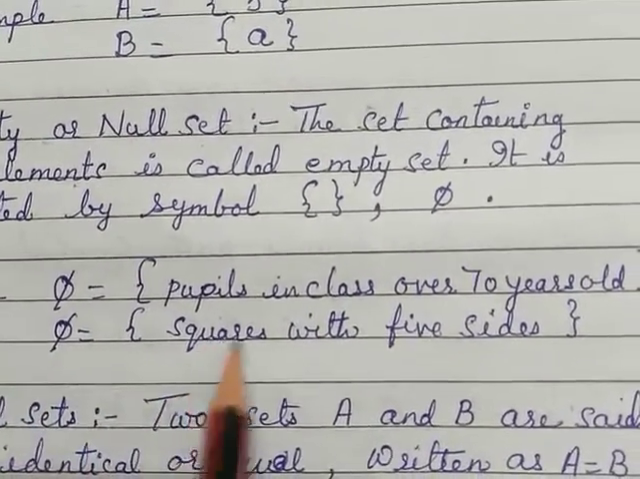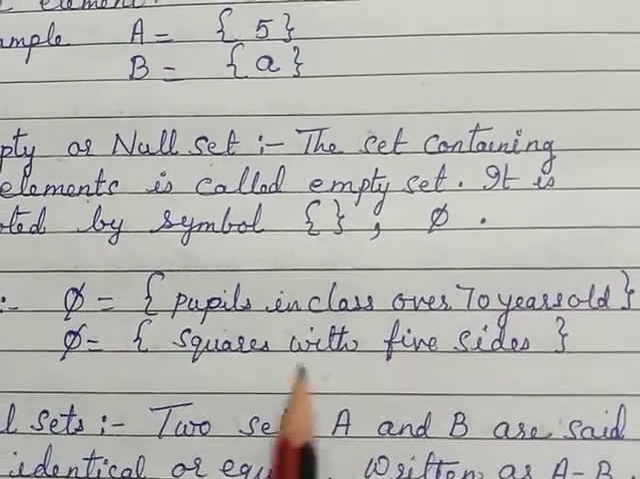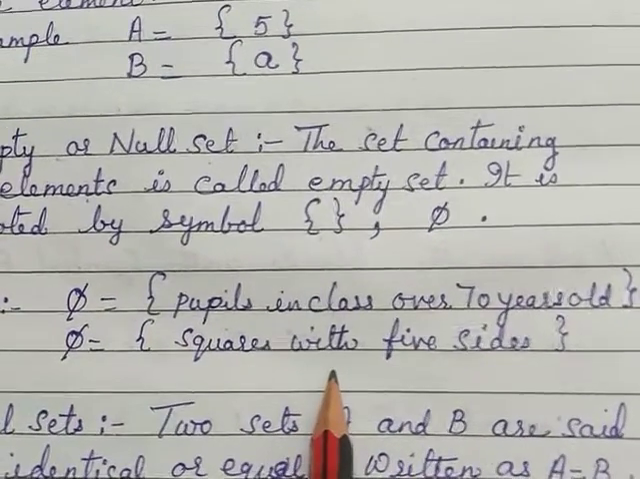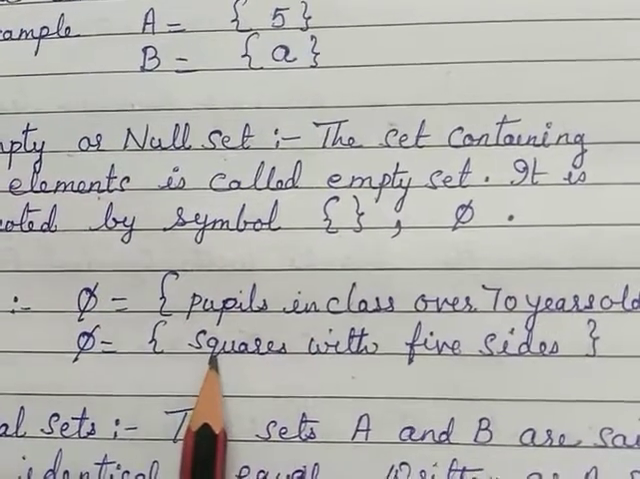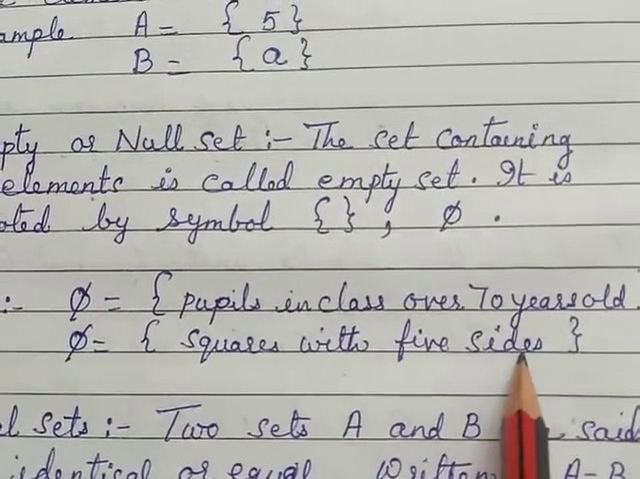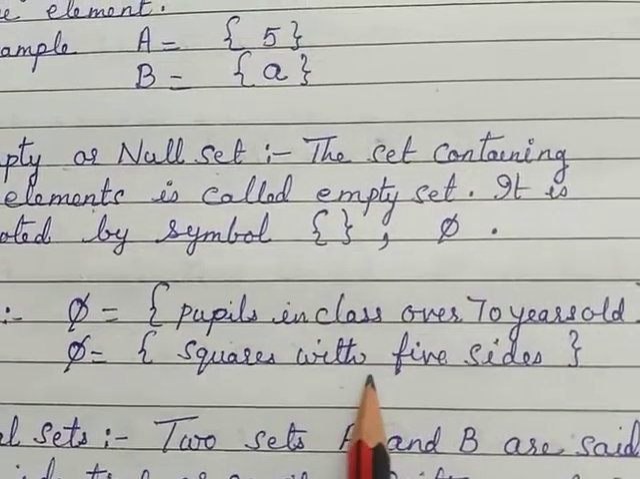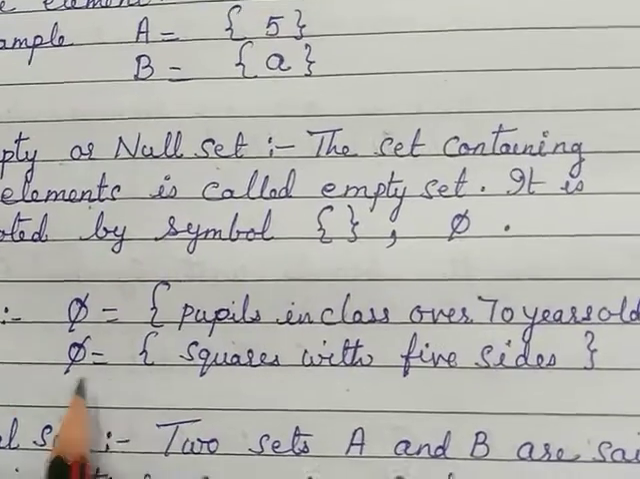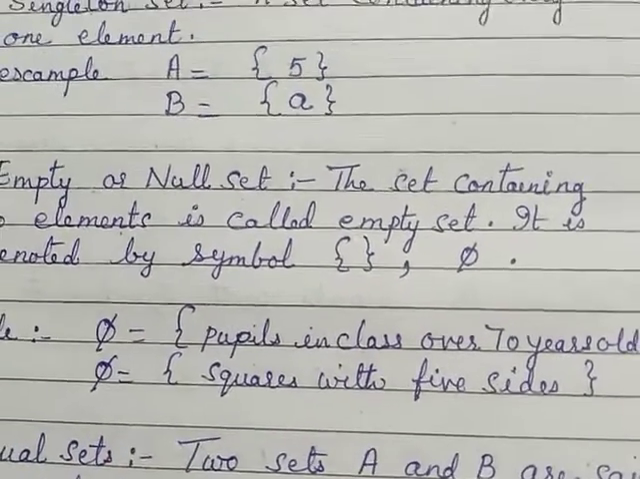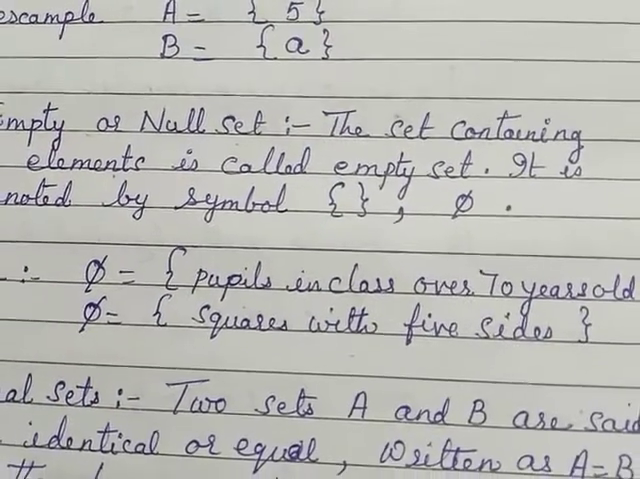Another one, squares with 5 sides. Is there any square with 5 sides, children? No. A square has only 4 sides. But here it is written a square with 5 sides. So we cannot say that it is a set. It is an empty set. So in the same way, children,